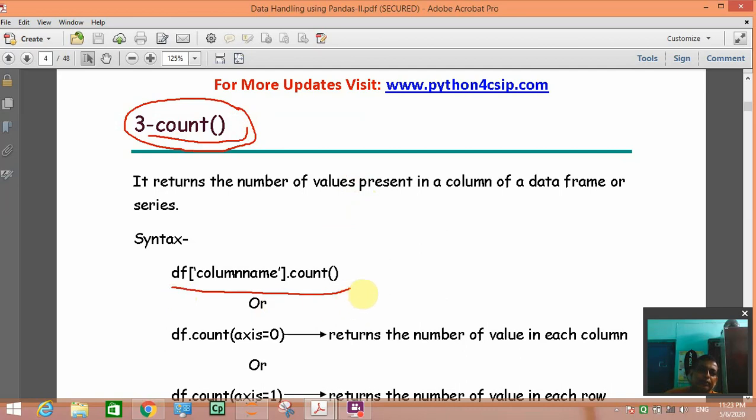The syntax is the same: you write data frame, column name, whichever column you want to count. Count will return the number of values present in a column. Suppose we have students in a data frame, so how many students are there in that data frame? We will write df student dot count, then it will return the number of students in that data frame.